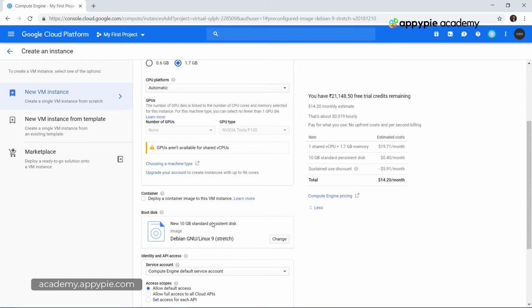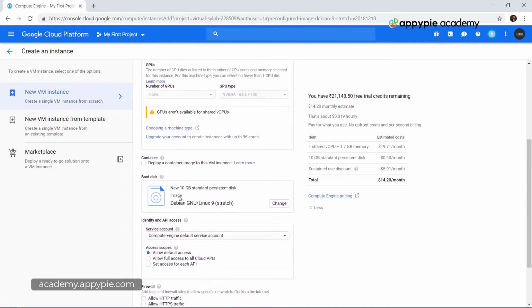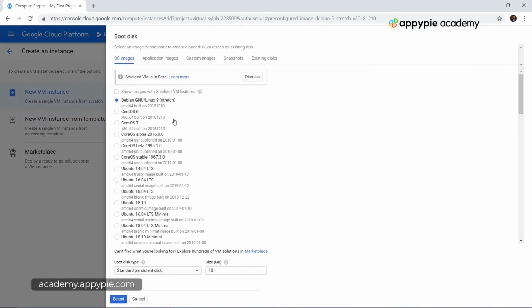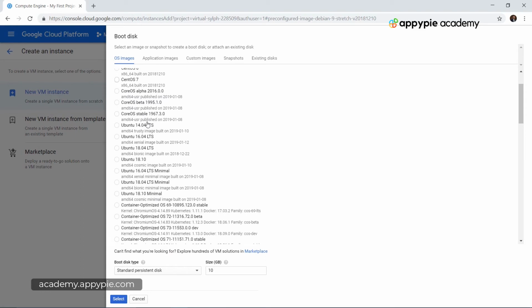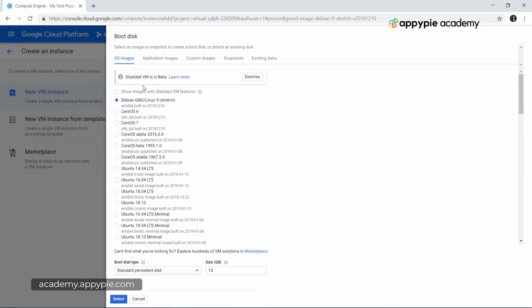Now we have the boot disk, which is essentially the operating system that will be present on our virtual machine. We don't want the Debian GNU Linux version, so let's change this, and you can see that you have a whole different set of images over here.